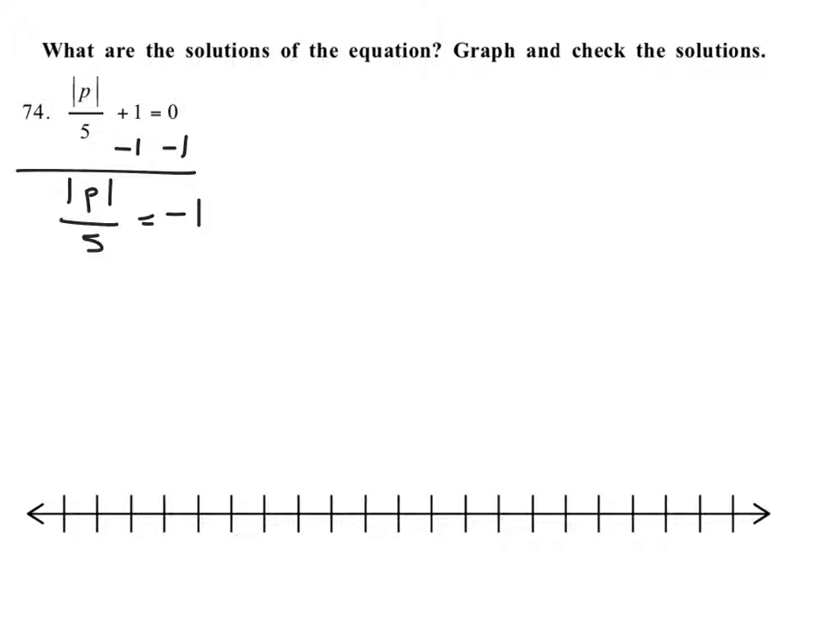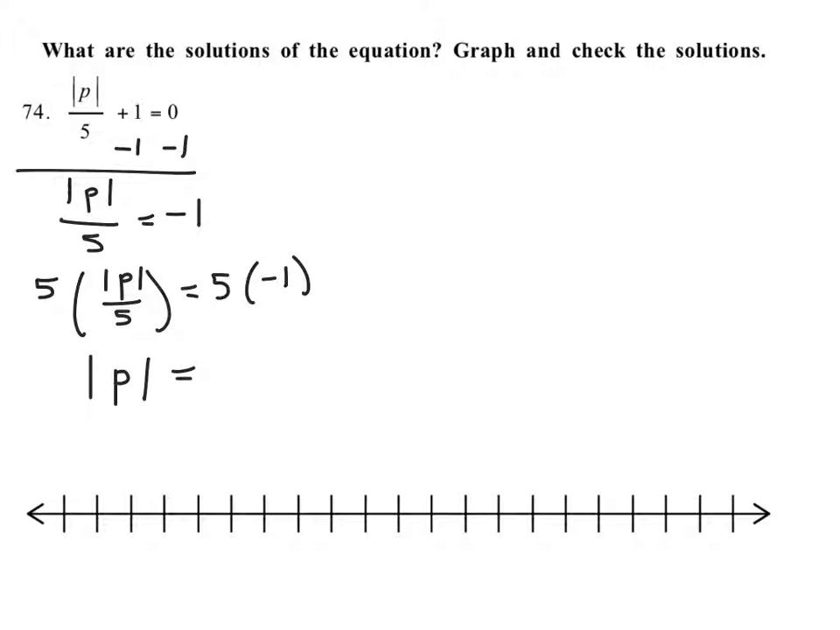Okay, now what do we do? We multiply both sides by 5, because what we're trying to do is undo what's happening to this absolute value of p. We see it's divided by 5, so we do times 5. 5 parentheses, absolute value of p over 5 equals 5 parentheses -1. The idea is these cancel out, and what you get is absolute value of p